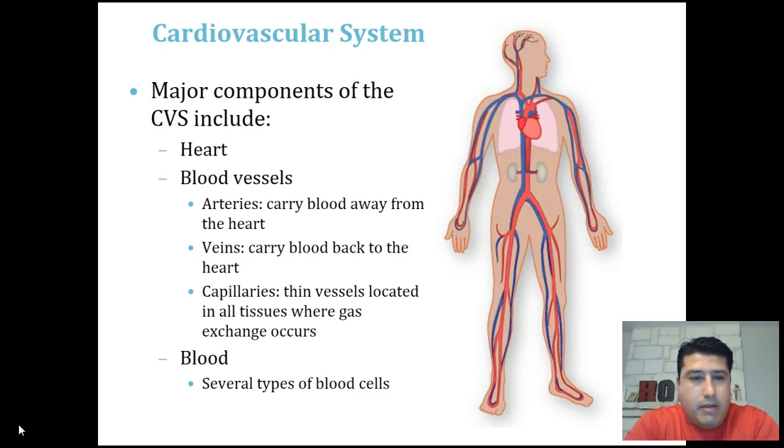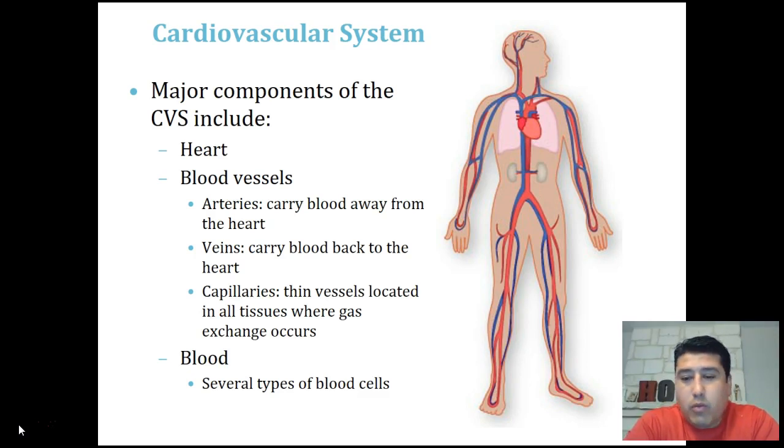Okay. Now it states here that there's a third kind of blood vessel, known as the capillaries. But before the capillaries, the arteries are broken down into smaller blood vessels known as arterioles, and those arterioles then break down into the capillaries. Now the capillaries are very thin blood vessels. They're usually located in the beds of tissues, the muscles. They surround the organs, and surround the brain, and really they surround the cells.